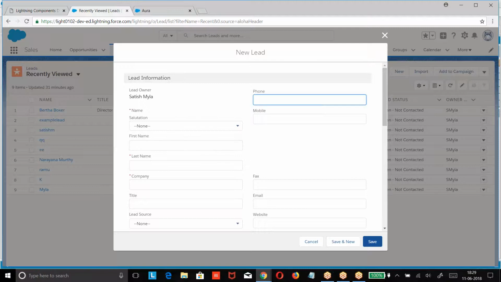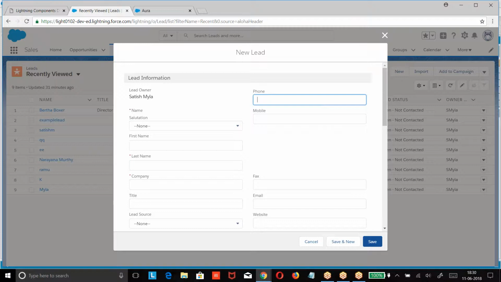If you are trying to work with a record, what is the concept we need to get? If you want to override any one of the standard buttons in the Visualforce page, what did we used to do? Standard controller. If you want to override the new button on the lead object, we need to give standardController equal to lead, extensions equal to the name of the class. If you want to override the opportunity cancel button, standardController equal to opportunity, extensions.